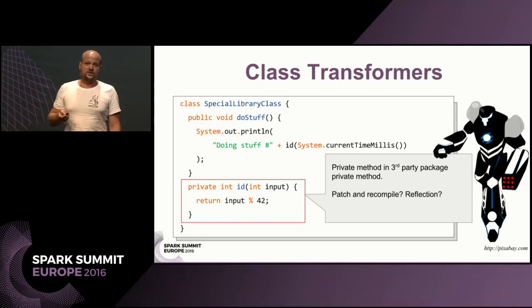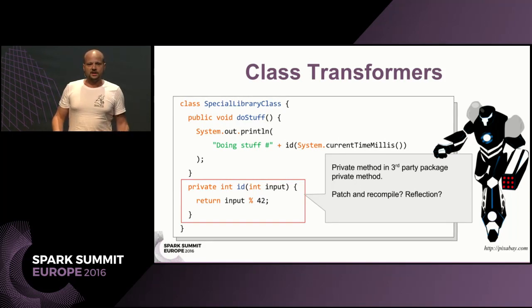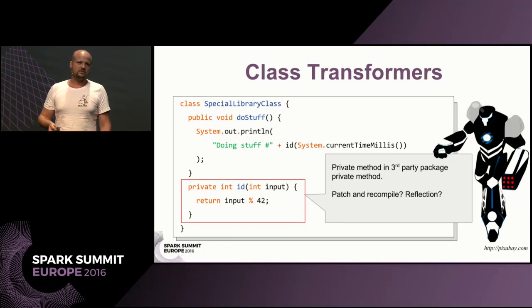And for this, we can either try to find the sources for this class, patch them, recompile, and run it then. But it might not be really possible. It is a lot of hassle for us. We could try using reflection. If you're lucky enough and something is leaking instances of this class, then you might be able to use reflection, but it's not always the case. With the class transformers,